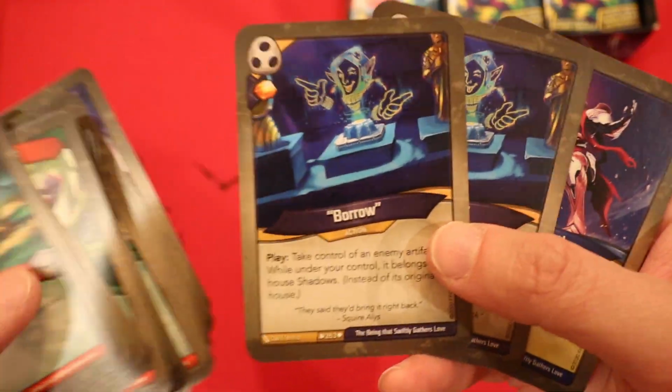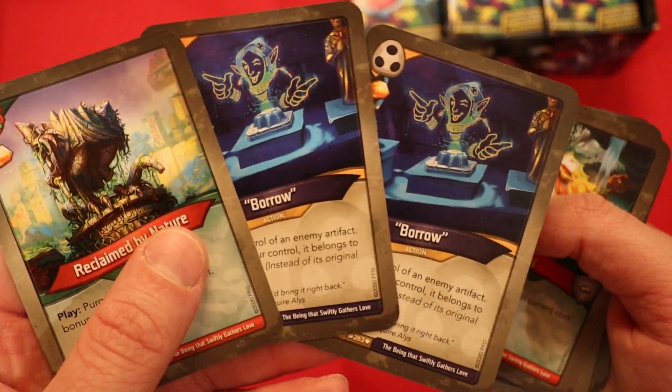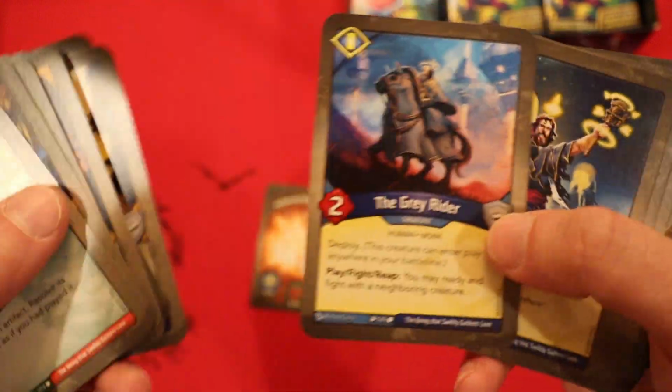And I pray that your opponents aren't going to be sitting there bringing artifact decks up against you, because you are going to punish the heck out of them. Love seeing these 3 cards all in one deck. Mwah! Last thing to talk about in here, kind of one of the more important creatures is actually the Grey